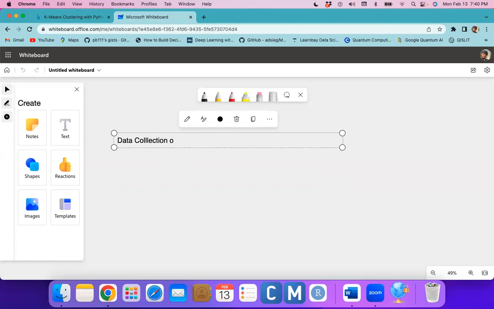Okay, so you're collecting the data: gender, age, the locations they're interested in traveling to, and